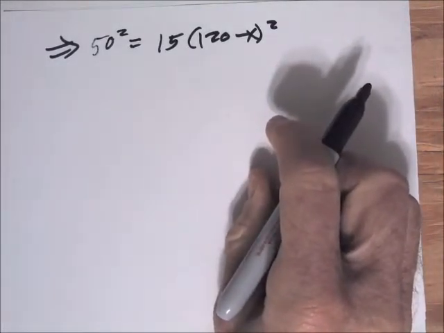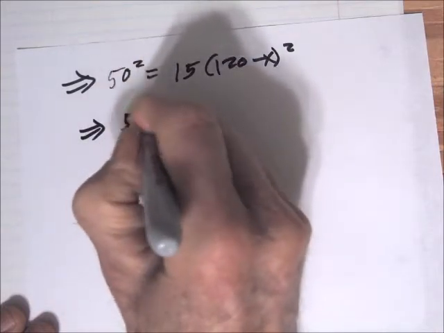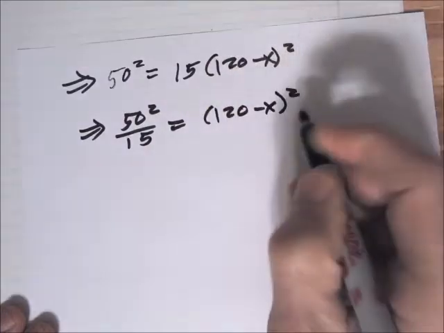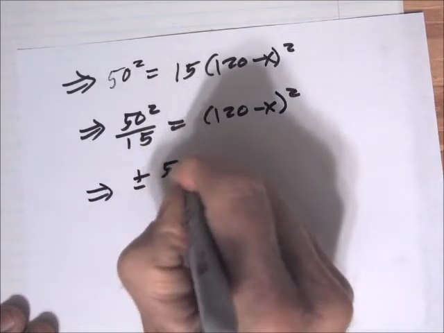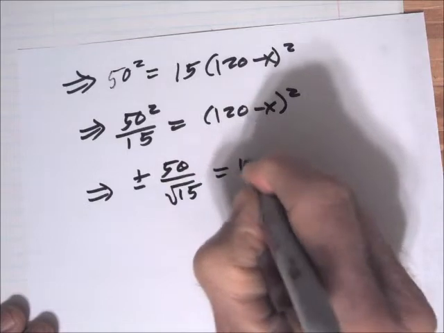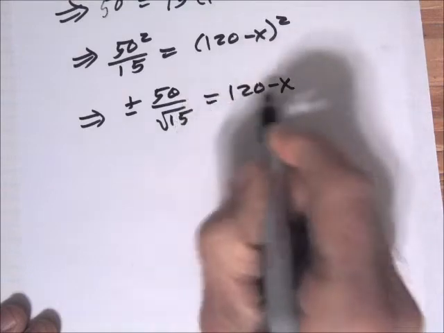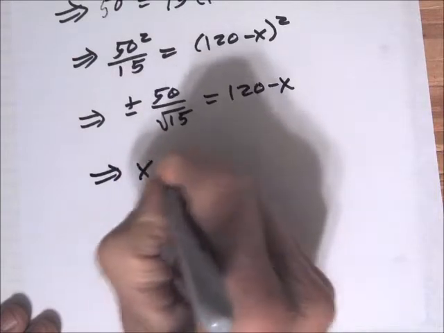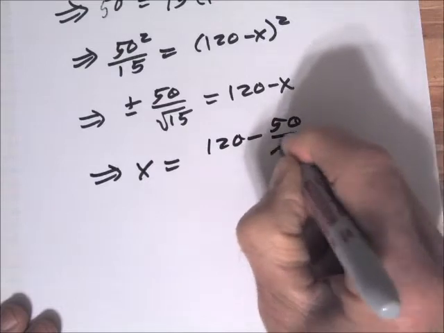Then we can divide both sides by 15. We'll have 50 squared over 15 equal 120 minus x quantity squared. And then take the square root of both sides. We have plus or minus 50 over root 15 equals 120 minus x. And then we can move the x over to the left and move the other term over to the right. We get x is equal to 120 minus